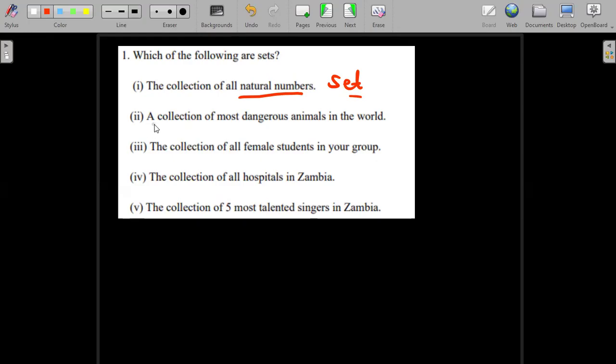Part 2 says, a collection of most dangerous animals in the world. Now, is this a set or is it not a set? This one does not qualify to be a set because of the word dangerous itself. Here they're using the word dangerous, saying the collection of dangerous animals in the world. The word dangerous is subjective. Some animals that I myself might consider to be dangerous, other people might not consider to be dangerous. So I can say maybe a lion is